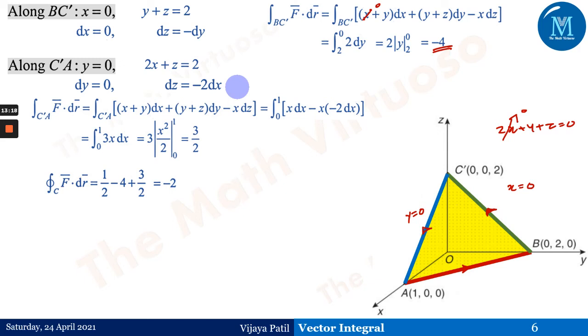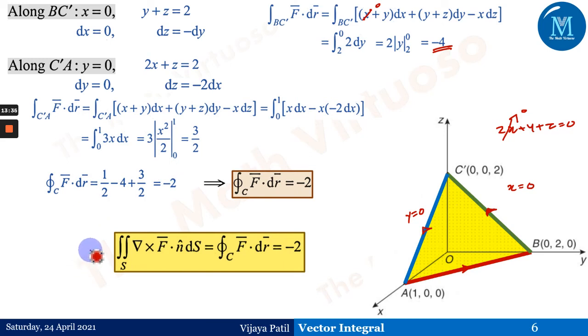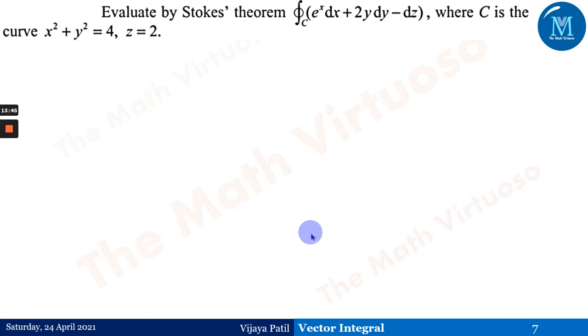So just you have to pause the video, because I am here to make you understand how this curve will look like and how this integral will go ahead. So therefore, f bar integration over the closed curve C, f bar dot dr bar is equals to this, which is minus of 2, and therefore we have verified the Stokes theorem. The value of this particular Stokes theorem for both the sides is minus of 2. Okay, this is verified. Fine.